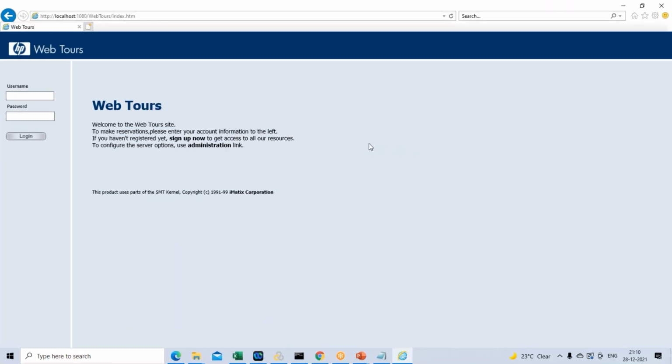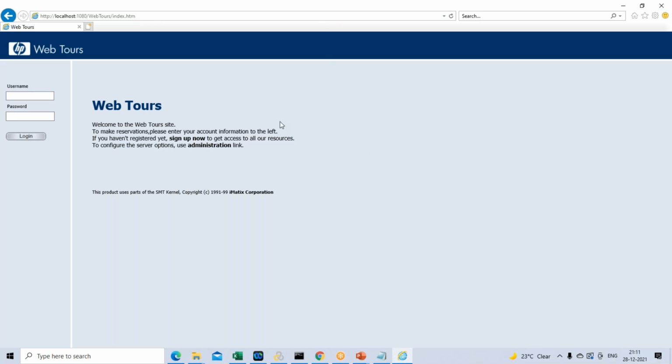What we are verifying first is whether the login is successful or not. Whenever we enter username and password, are we able to navigate to the home page or not? So how do we verify whether the login is successful? If the user is able to navigate to the home page, then obviously the login is successful, right?